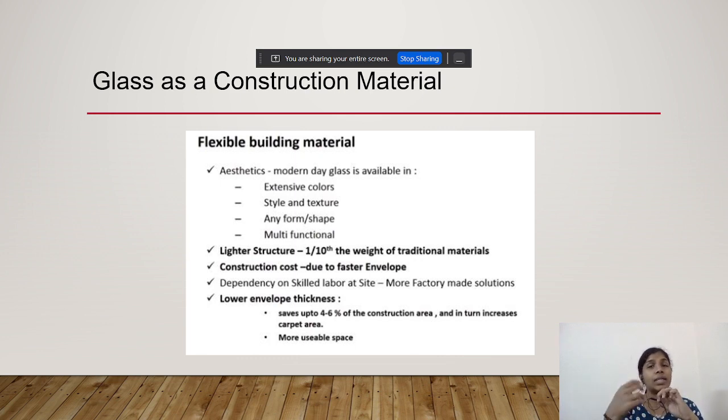Another important advantage of this particular construction material is that it is a lighter structure. When you go for a glass construction, it would be a lighter structure because the weight of the glass will be only 1/10 of the weight of the traditional materials. For example, if you take concrete as a building construction material and compare glass and concrete, glass will have the lighter structure. And another advantage is